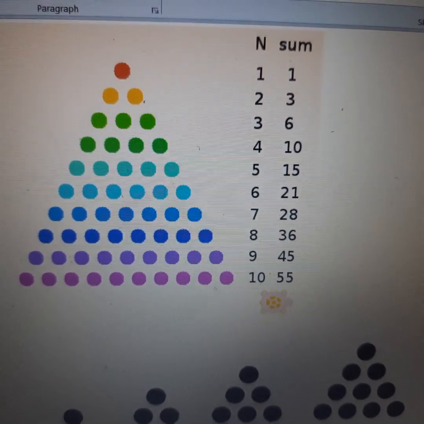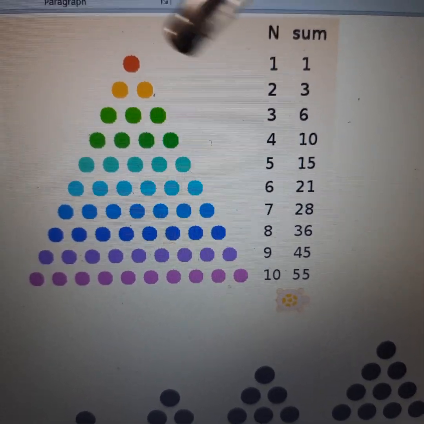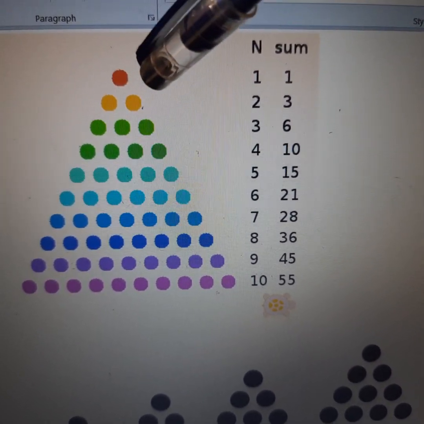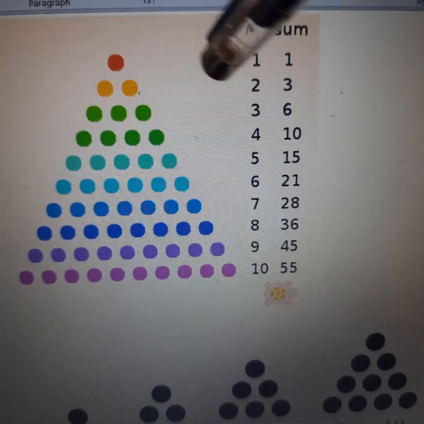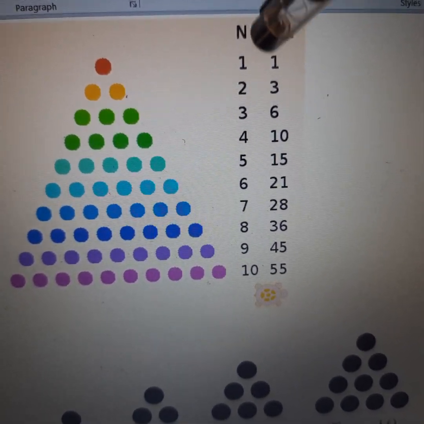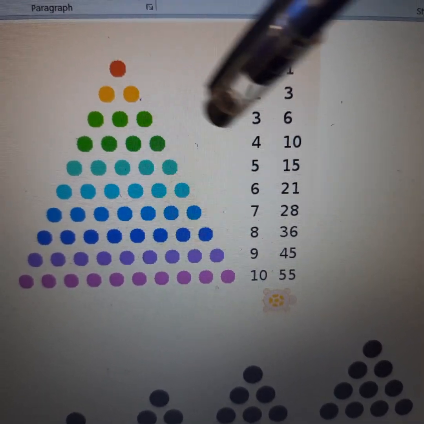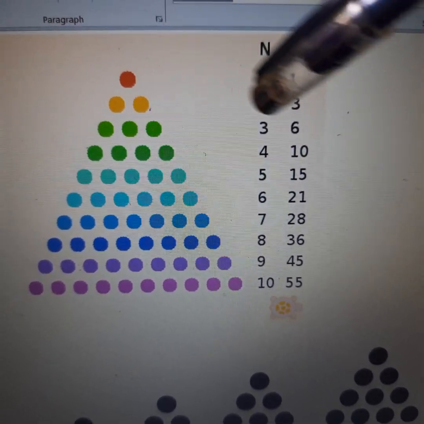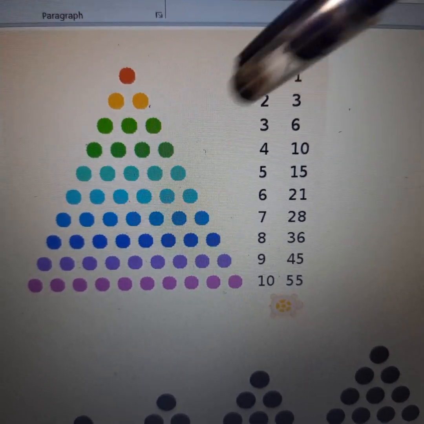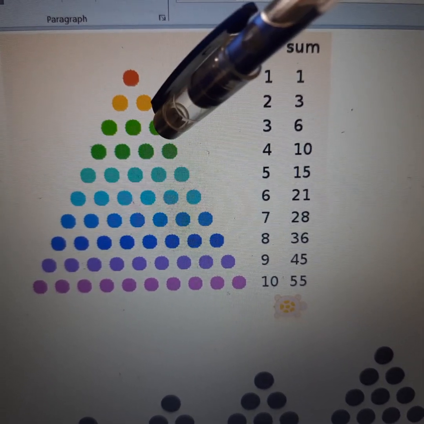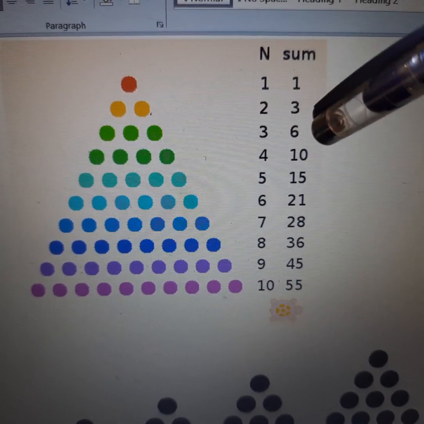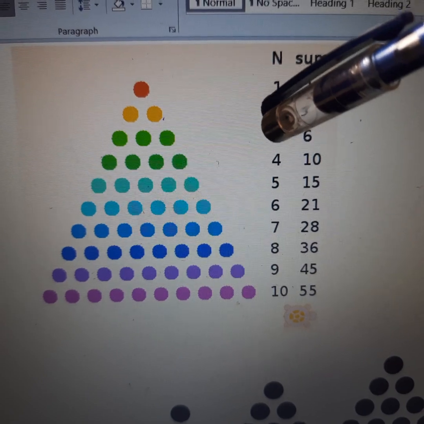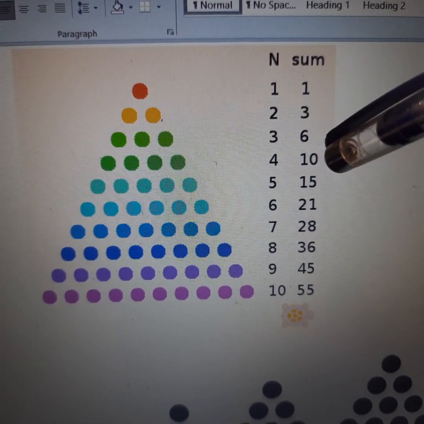Now you can see with these dots, children, the first 1 dot. See, this is the natural number and this is the sum. 1 dot with 0 dots, that is, one is all alone, so you get only one triangle. Okay. Second one, we get one triangle. That is 1 dot plus 2 dots makes one triangle. Okay. Then another 3 is added. 1 plus 2 plus 3 gives us 6. That is the next triangular number. Then 1 plus 2 plus 3 plus 4 gives us the next triangular number, 10.